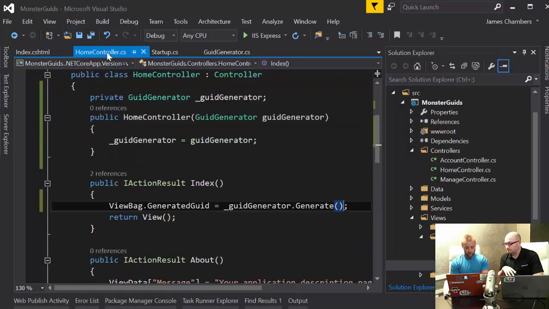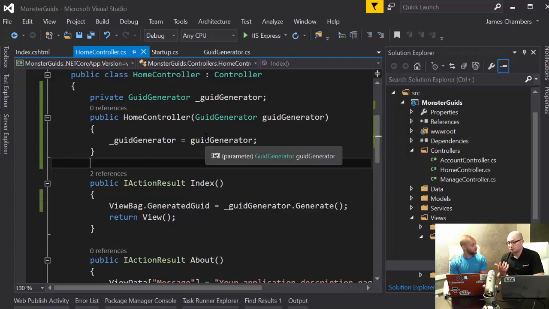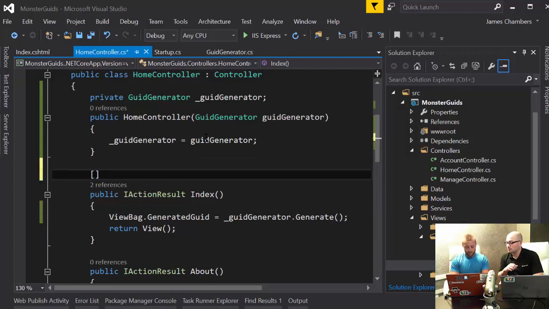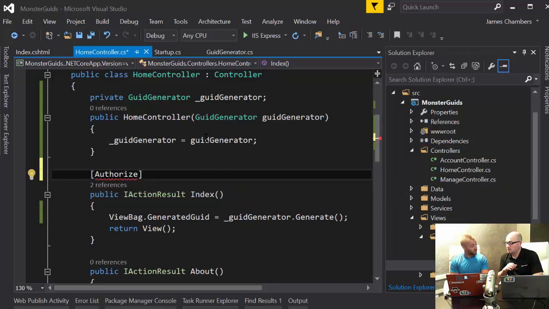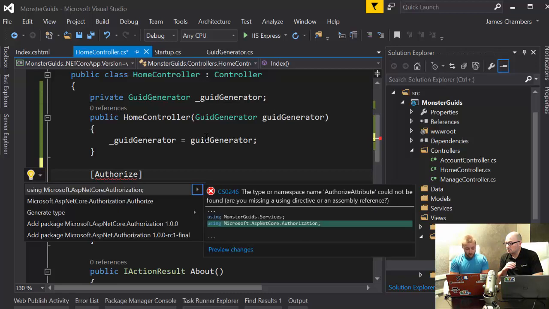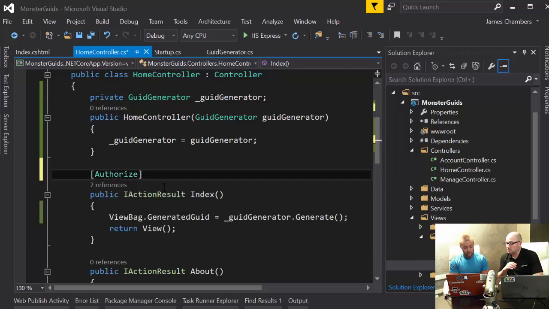So we go back to our home controller, Index. And we can just do this with an attribute. It's just the Authorize attribute, yeah? That's it. Control dot that bad boy, Authorization, bring that namespace in. Perfect. And now when we try to go to the index page, if we run it again,